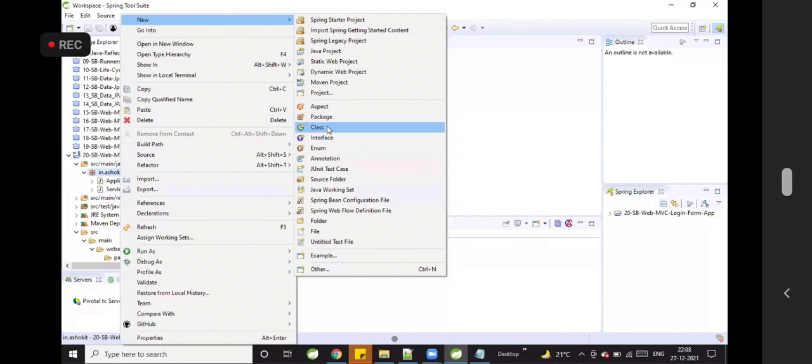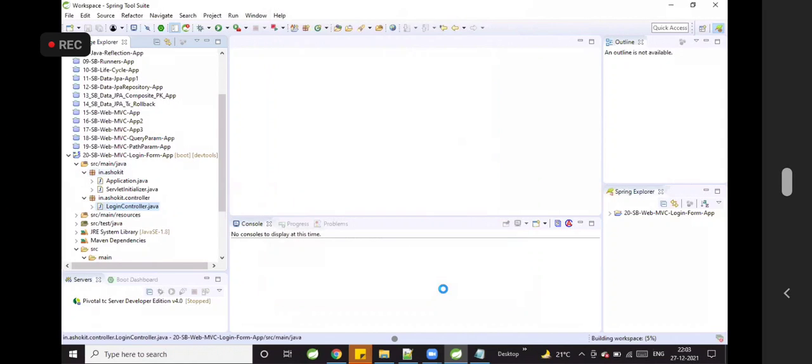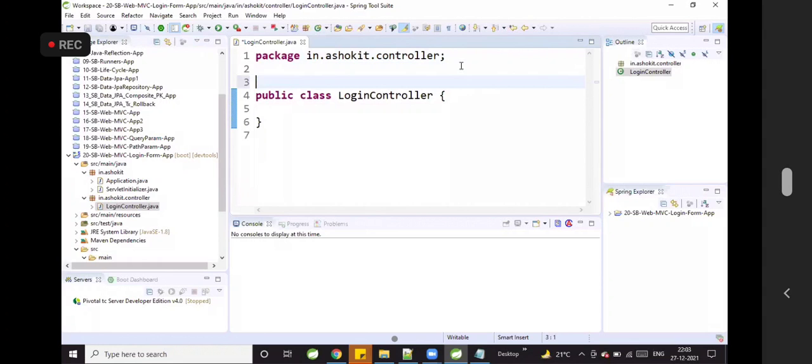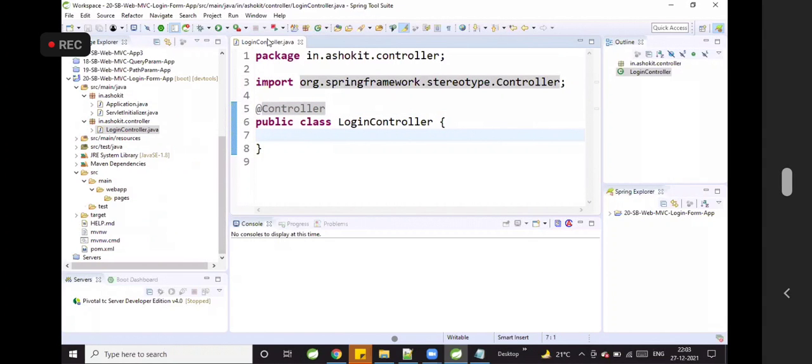New class, that is LoginController, in dot ashokit dot controller. Finish it. How to represent one class as a controller? By using the Controller annotation.